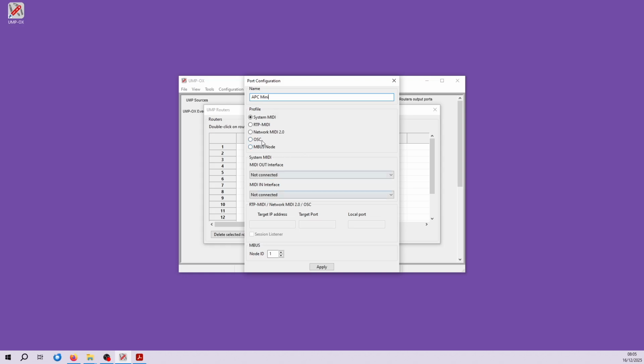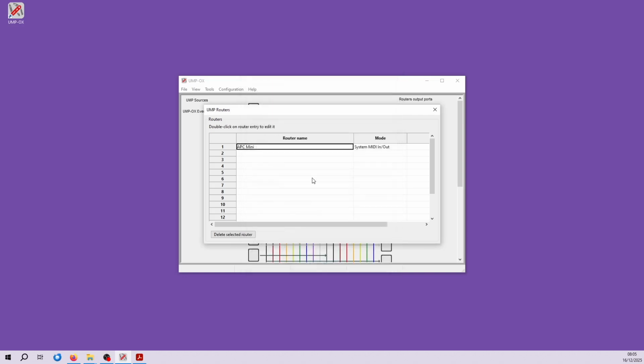So here I choose system MIDI and I will select APC MIDI. That's the name of the device in the system, in the computer itself. As I told you, the name that you see here, you can put whatever you want. And I click on apply. So what I see now is that